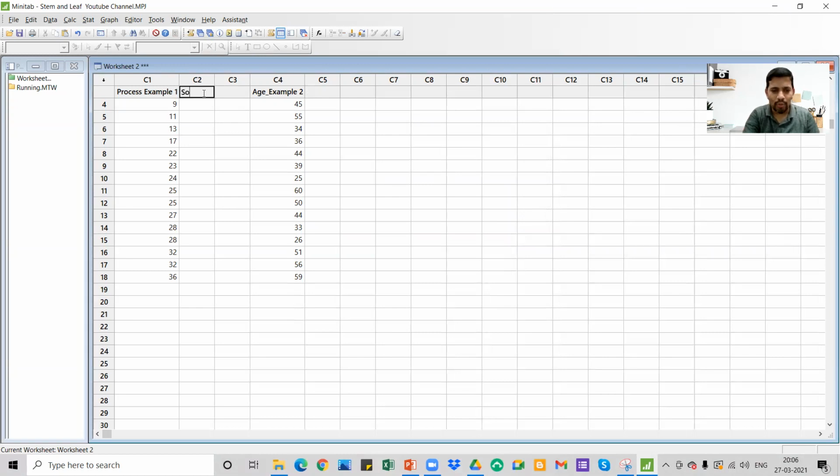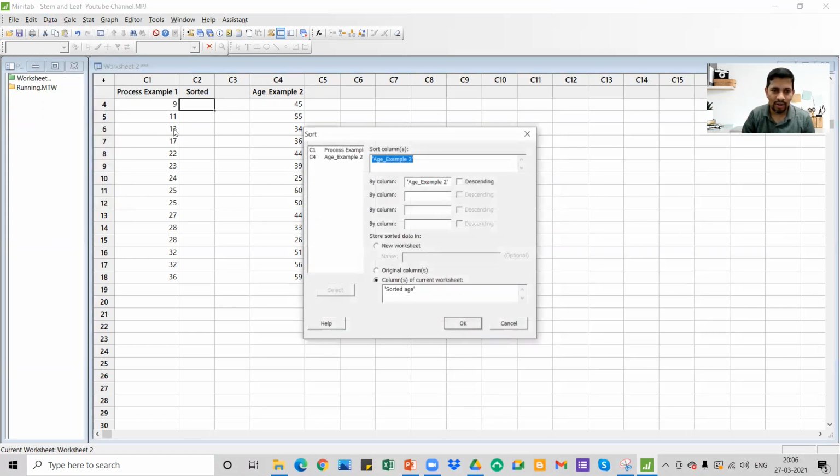Now Minitab itself automatically sorted the data, but just for better explanation, I will sort the data. To do the sorting, you go to Data, Sort, and I'm going to press F3, and then this is the column I'm going to pick up, C1. You pull out this data in descending order. If you want descending order, you can do it, otherwise it will default to ascending order. Where I want to print, I want to print in sorted.